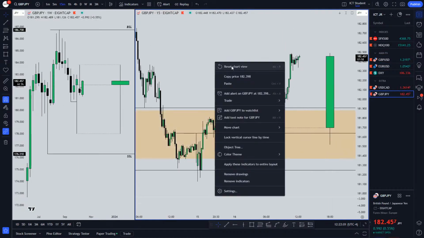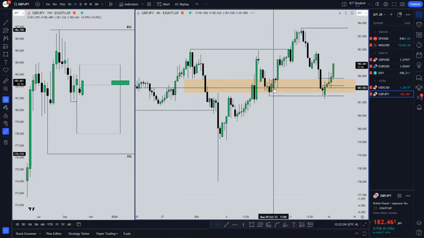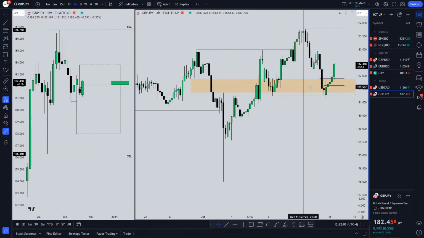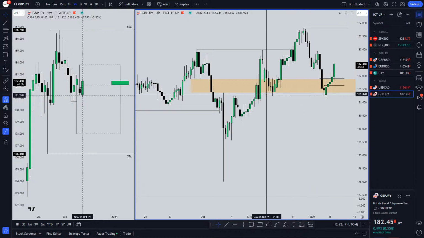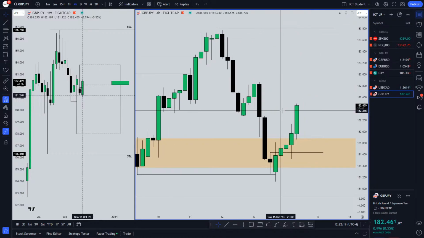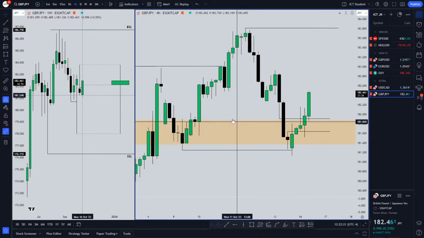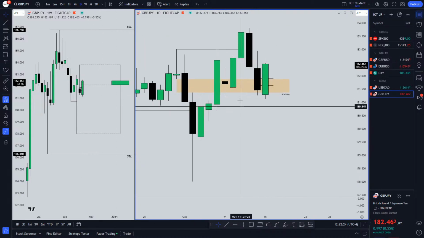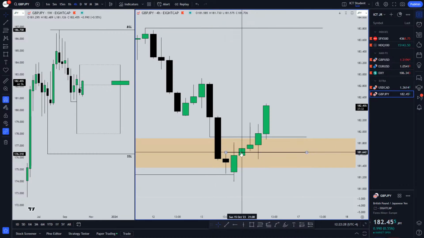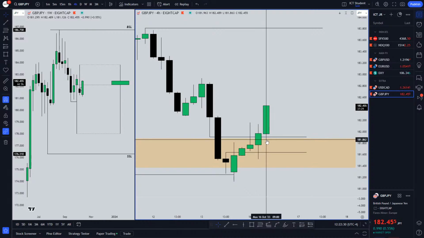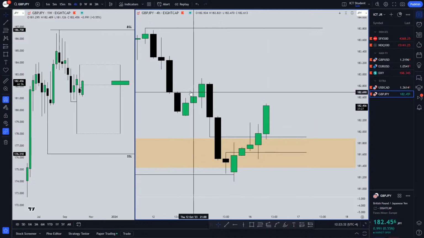Let's go to GBP JPY. This is a market I was watching last night, measuring the highs and lows. Again, very ideal for just watching price. Price either does one of two things, very, very simple: seek liquidity or rebalance into an inefficiency. And you can just see that here we were inside a daily inversion fair value gap, and then eventually on the 4-hour time frame, you can see we created a sell side imbalance. But then as soon as we closed above it, we tapped into it, then we rallied higher.